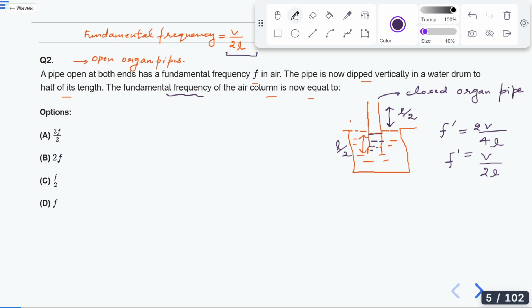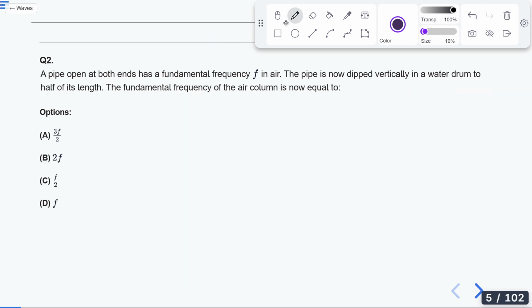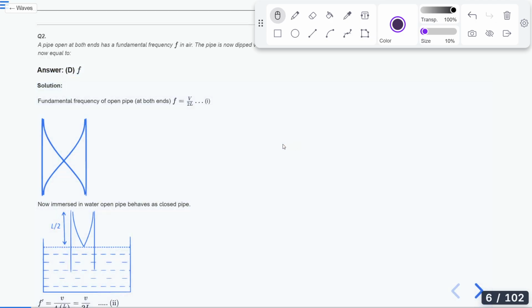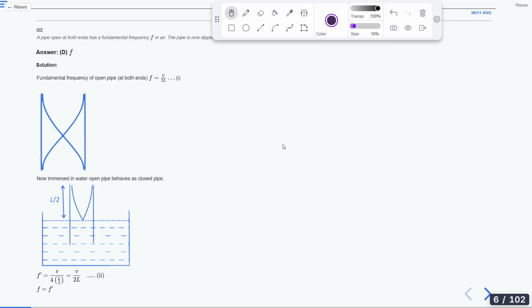Okay, so let's see the solution. You can see the fundamental frequency. So this is an open organ pipe. The fundamental frequency in the case of an open organ pipe is V by 2L. And now it is dipped in a water tank. Now its length is L by 2. It is behaving like a closed pipe because water is acting